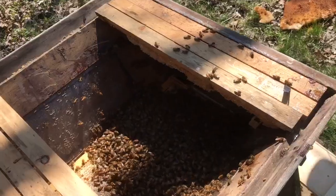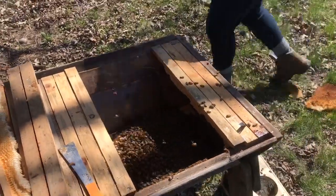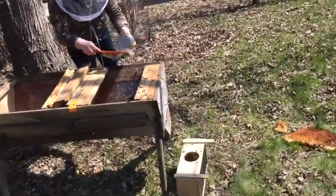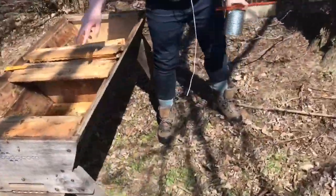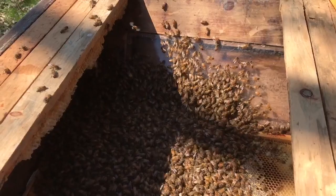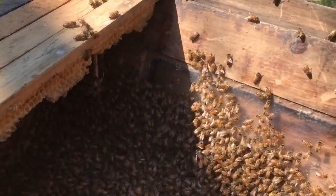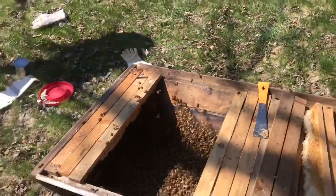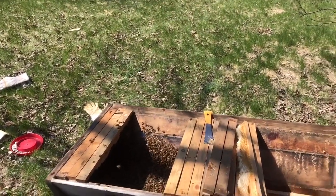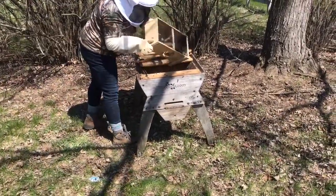And I'm being very brave right now because I have no protection on. But they're all happily now going to look for the queen. And we'll get them all set up. You guys can see the bees are all marching towards their queen. Oh, look at them all marching towards their queen, all walking up to where she is. It's hard to see, it's a little shadowy inside the box. But they're all marching towards the Queen going, we'll rescue you, and we'll support you, and we will work to make you comfortable. So here we are, getting the last of the bees out of that box into the hive